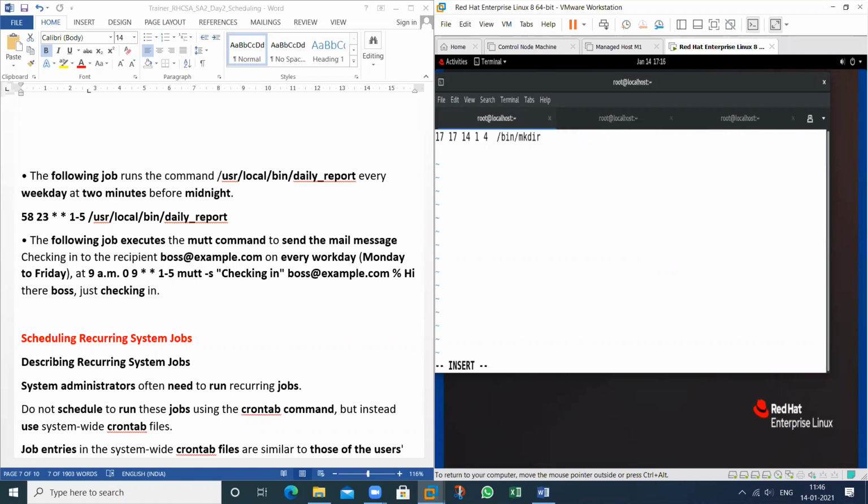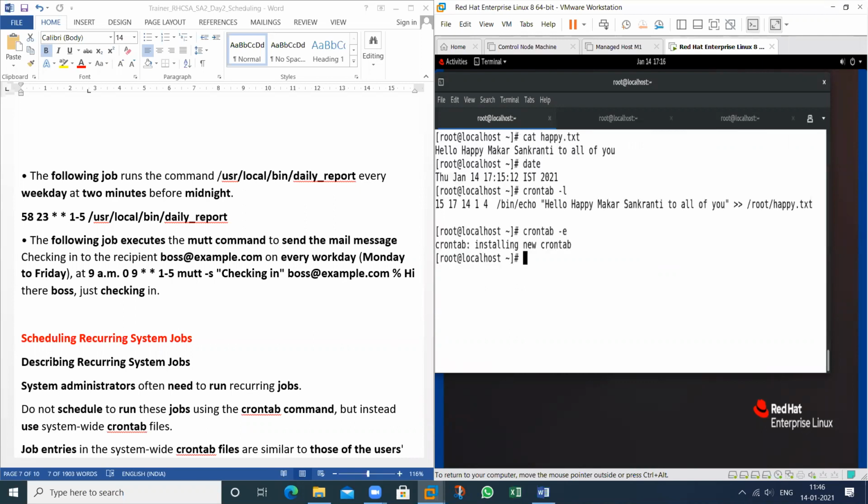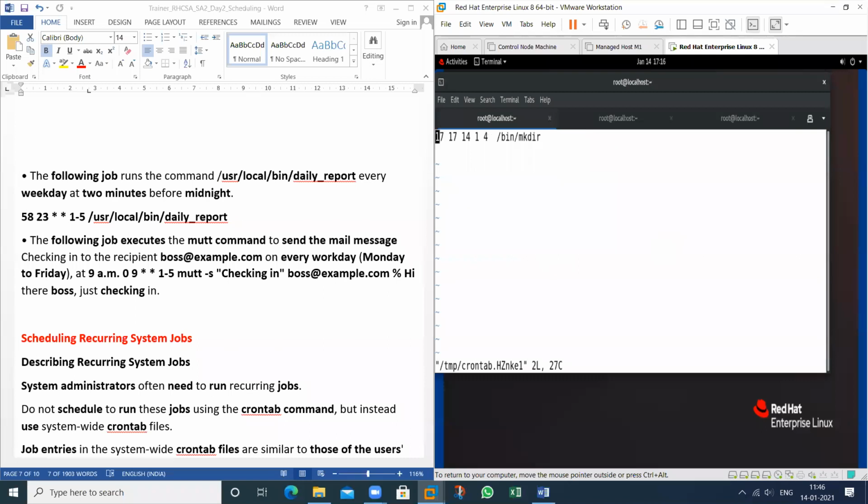In the home directory at any location, by default it will occur in a home directory. So save this one. What is the name of that particular file? Okay, the name of the directory is Rahul.